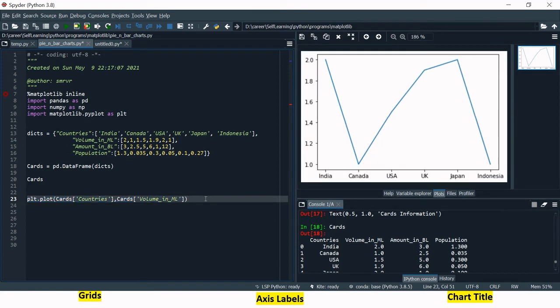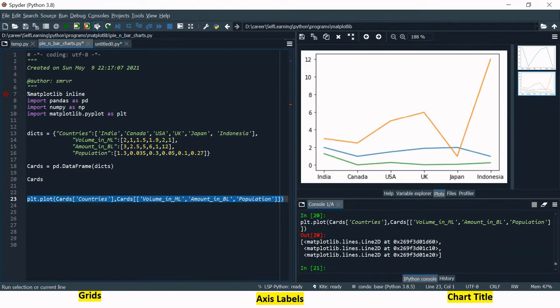Now it comes to including multiple lines in the same line graph. How can we do that? For that, you just need to supply a list of all the columns which you want to include over here. Remember, I'm showing you this with the help of a data frame. You can also do this with a separate list, right? But here I'm just doing this with the help of a data frame. Once you have created a list, do not forget to enclose that in double square brackets, like you can see over here. All right, so select this line and click the execute button.